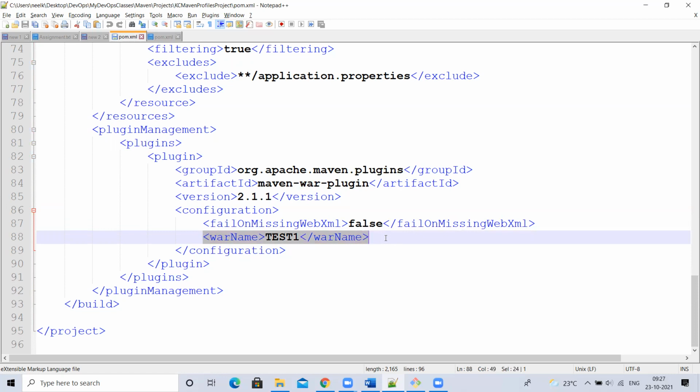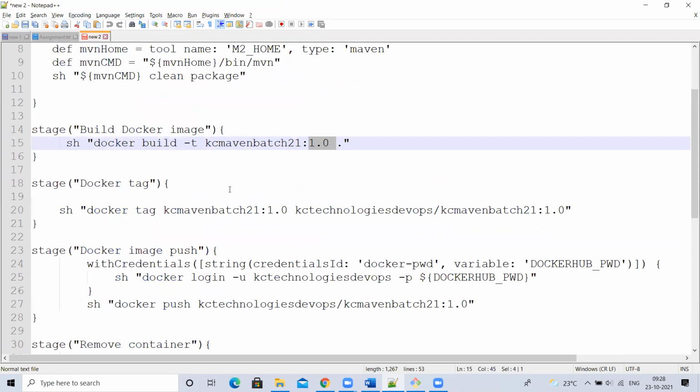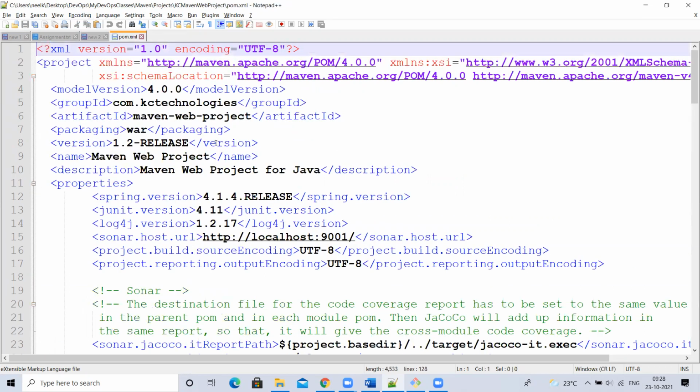Okay. Next, when I execute a goal, mvn clean package or install or deploy, I want to directly deploy into Tomcat. It will generate the artifact, place it in the target directory, and from there Maven itself should go and deploy. There is a deploy plugin. There is one particular plugin. If you use that plugin and give your Tomcat details, IP address, port number, username, password, like that, Maven itself will go and deploy. So if you want to do that, you have to use a plugin. Okay, so you remember that Maven uses plugins. That you remember, that's enough. When it is required, I'll teach which plugin, and why we need those. I'll discuss. Don't worry.